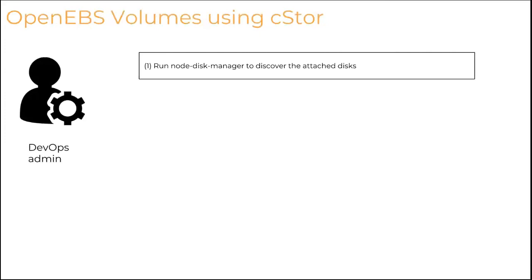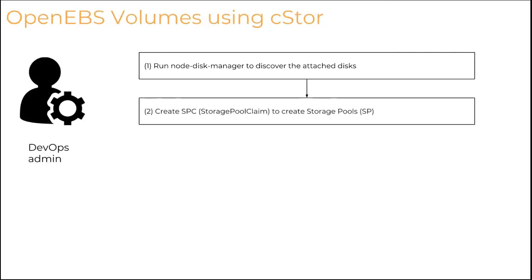We talked about the design proposal in last week's meeting, and Cstor is going to use that node disk manager functionality. And instead of creating a storage pool, the admin can create a storage pool claim, which will say, I want to use a certain type of disks that have been already discovered by node disk manager and create a storage pool, right? And there will be controllers now that will be watching the storage pool claim and creating the required storage pool,